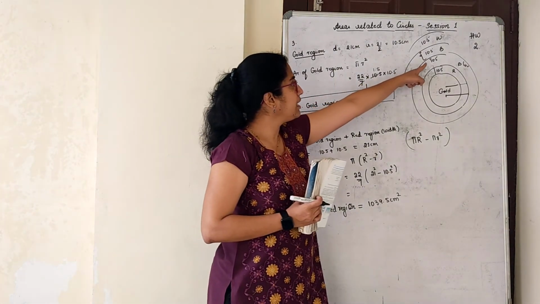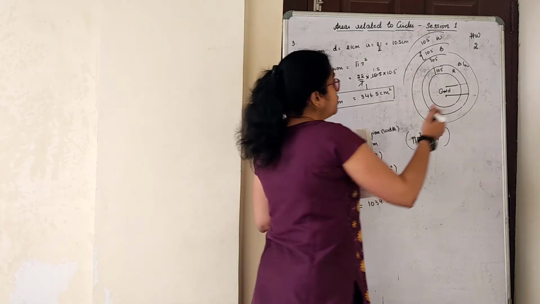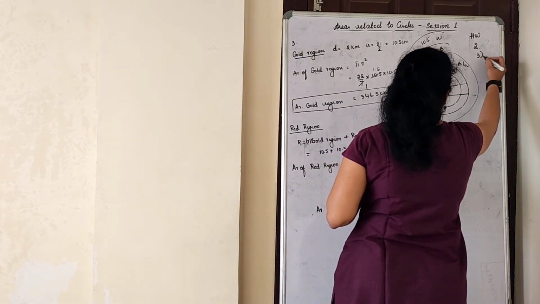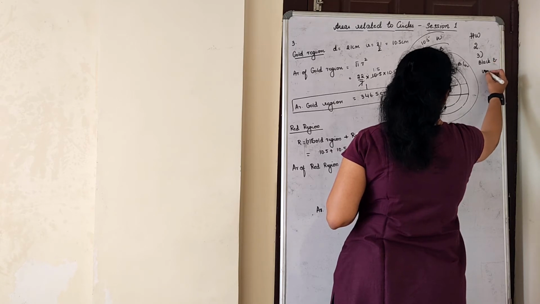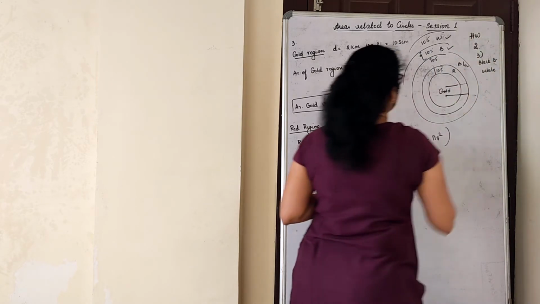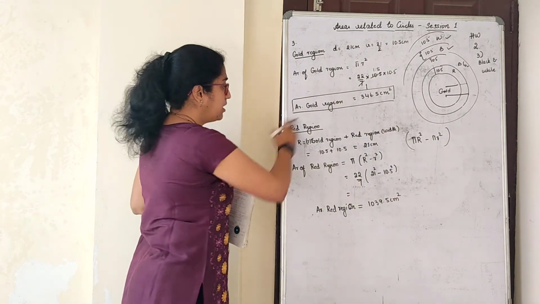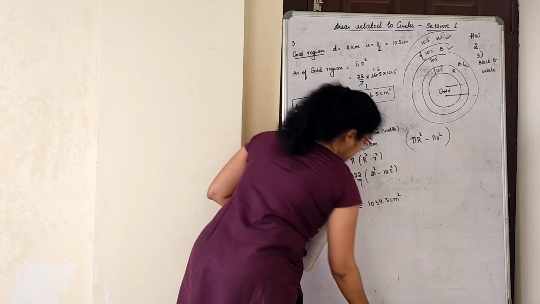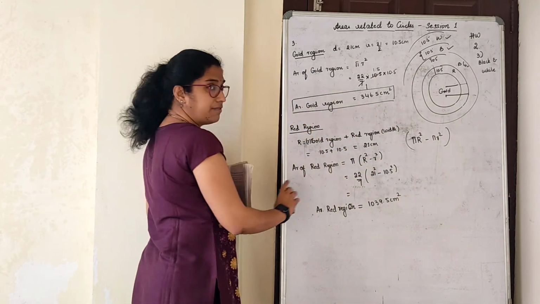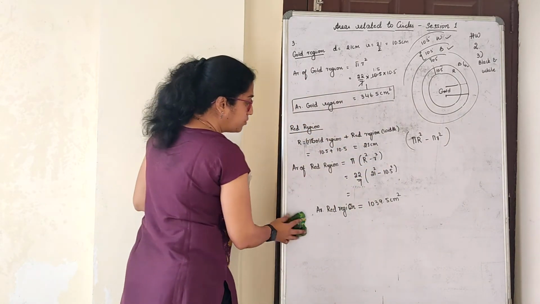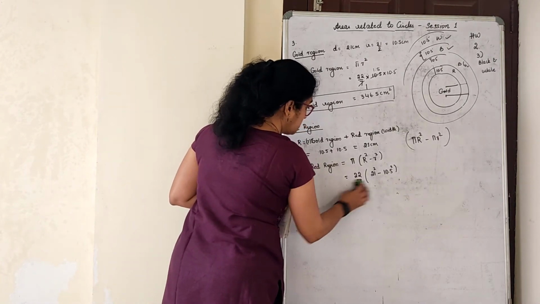I will do only till the blue region. The third sum, for the black and white region, is homework. Black and white region you will find. Till blue region I will find it down. I'll only rub this part now because I need to. You can just pause the video, copy this down and then we'll move to the further part.